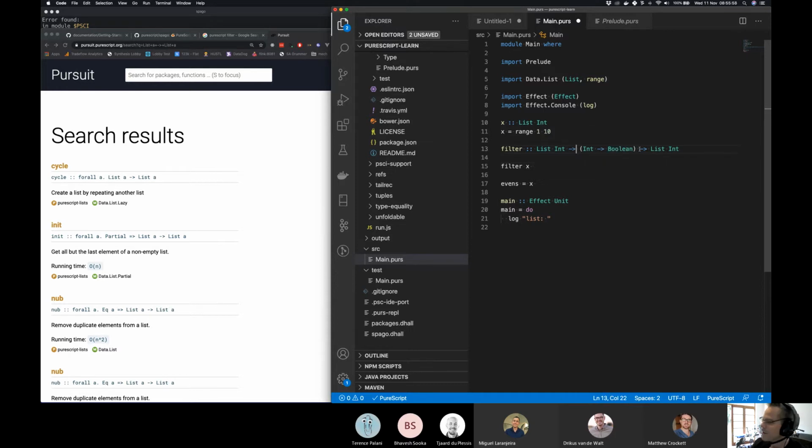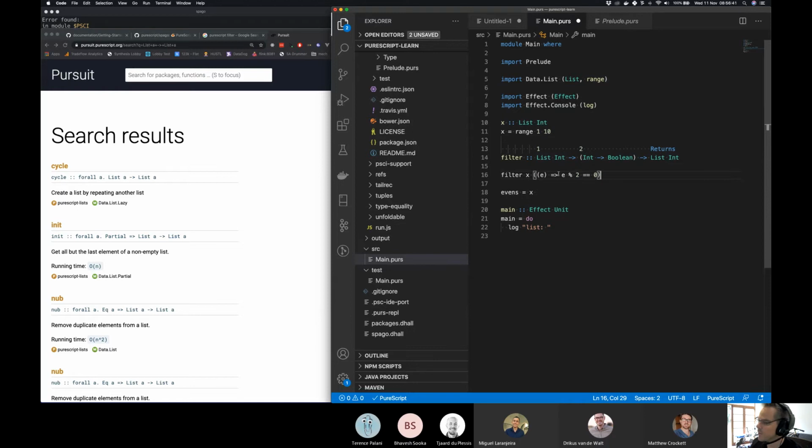No, that's perfect. So that passes a list. I'm just going to make this simple. That's the first parameter to the function, that's the second parameter to the function, and this is what the function returns. This was Drickus's summary, which was absolutely correct. The first parameter is a list of int. The second parameter is this thing, int to a bool. That's because when we filter something, we give it a function to say what we want to filter. Given an element, I kind of expect to do it like this, but in JavaScript I would say, given an e, if e mod 2 equals 0, right?